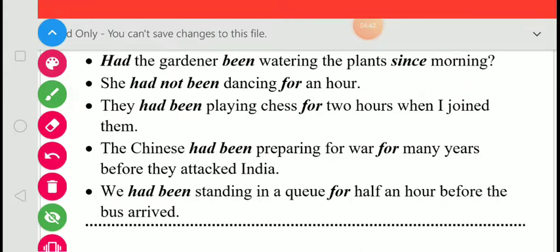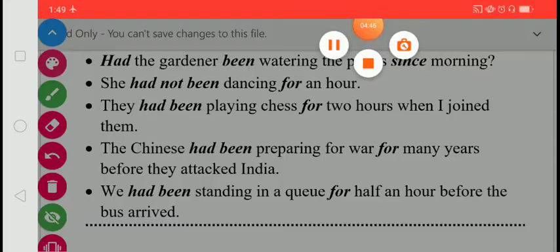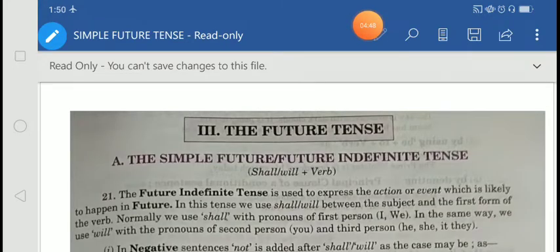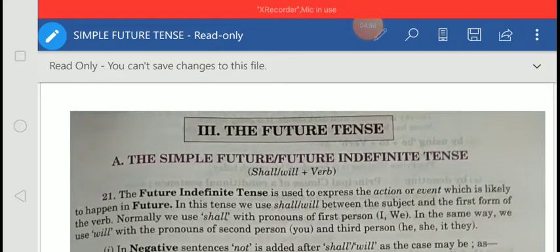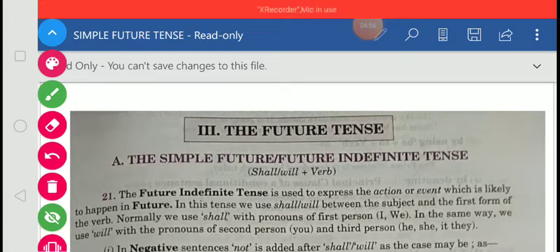Okay, so now we are going to start future tense. So let's start the future tense. In future tense, today we are going to start simple future tense, that is also called future indefinite tense. Okay students, usually